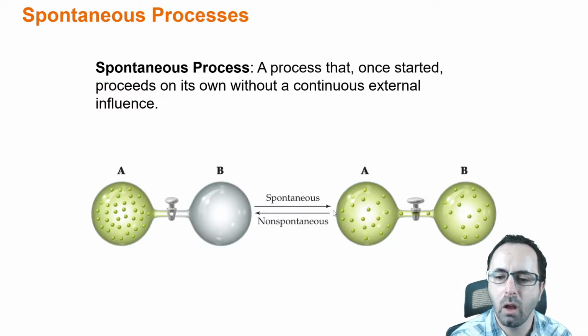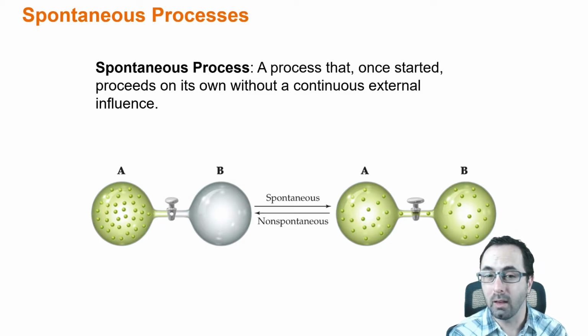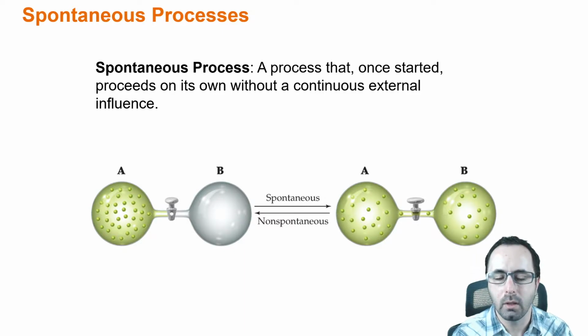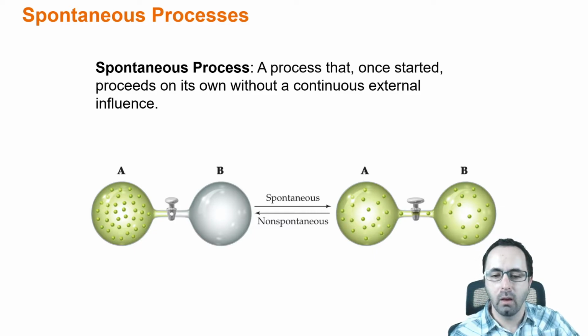So we'll start by talking about what is a spontaneous process. A spontaneous process is one that will proceed on its own without having to make it happen. There are certain things we make happen, like, if you want to cook something, you put in energy, right? Or if you want to boil water, you heat it up and you make sure that happens. It won't happen on its own. An example down here is one of a spontaneous process.